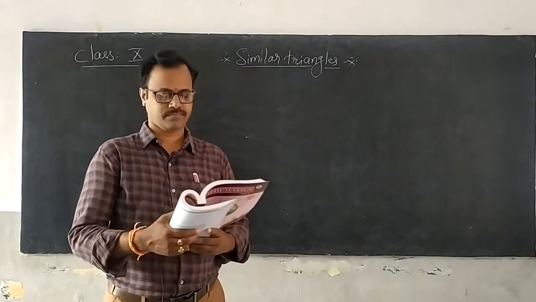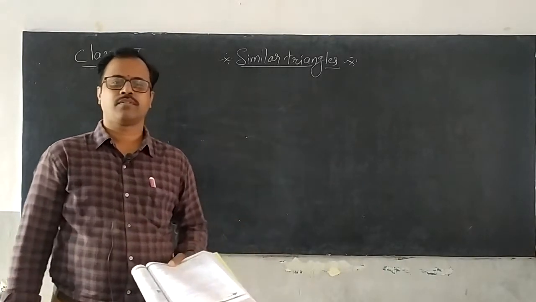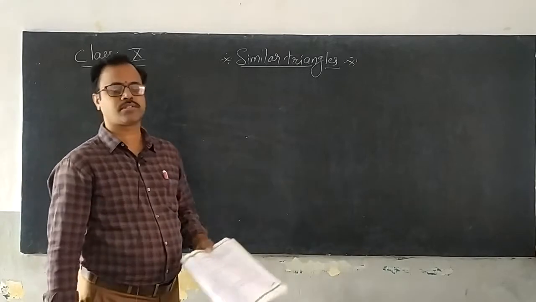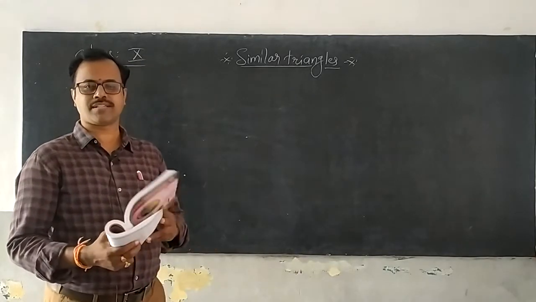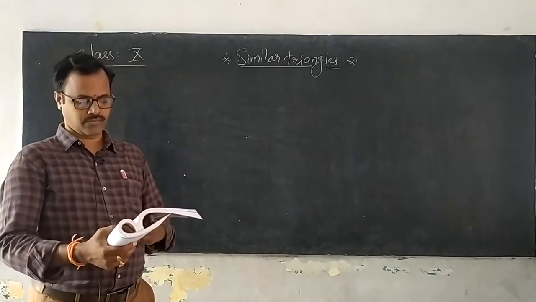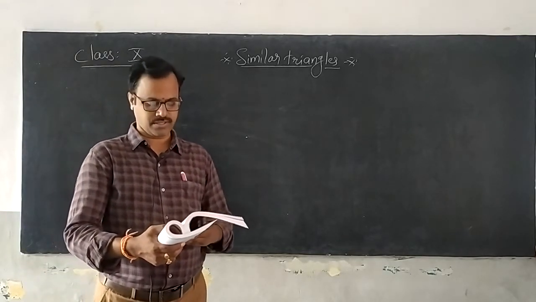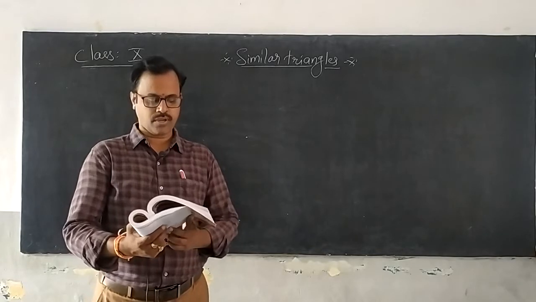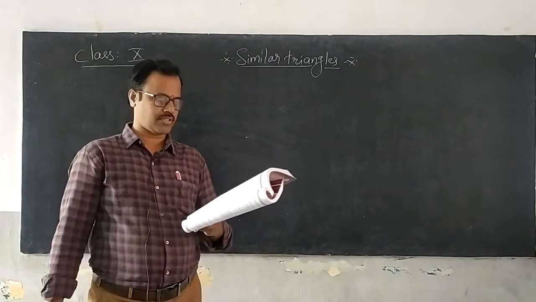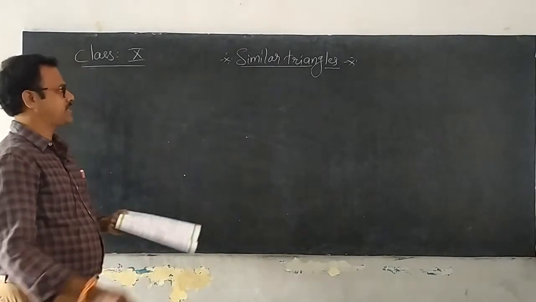Right. Very good. In the topic similar triangles, we were discussing exercise 8.2, in which we completed up to 7 questions, isn't it? Right. Now we are going to see the 8th question. CD and GH,